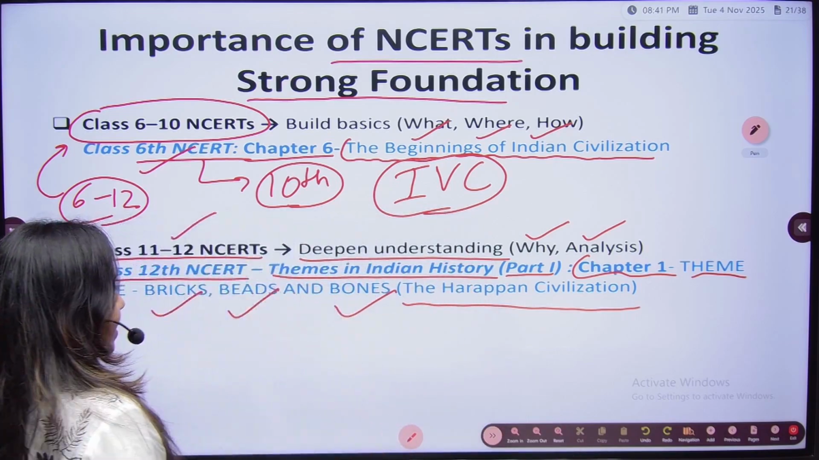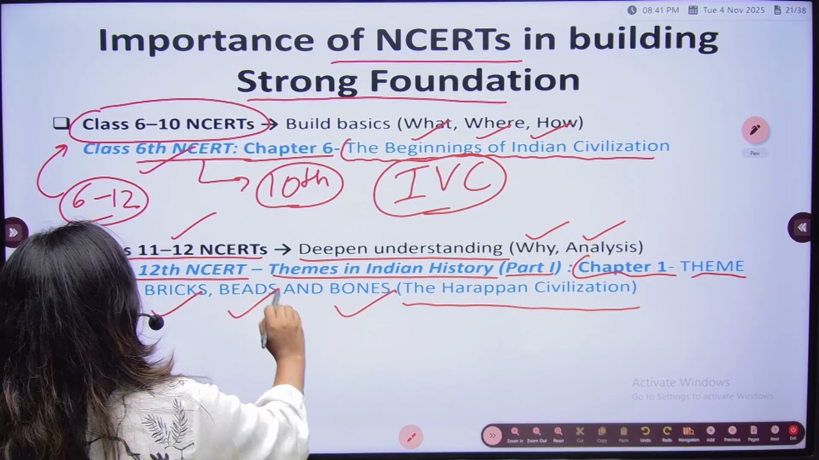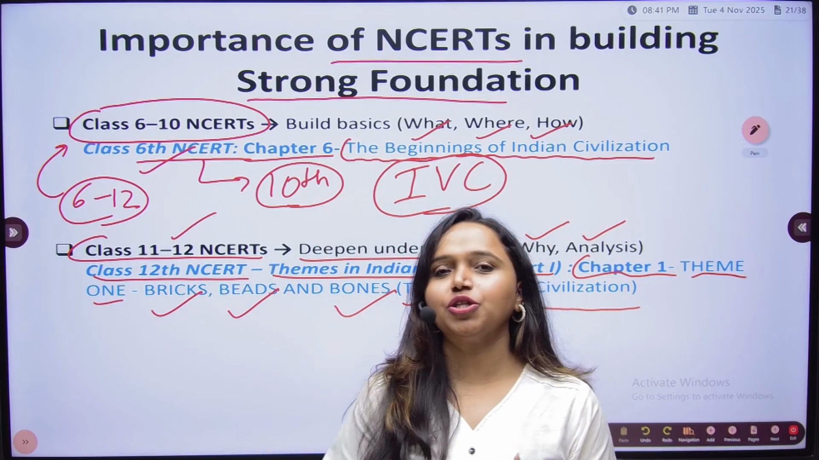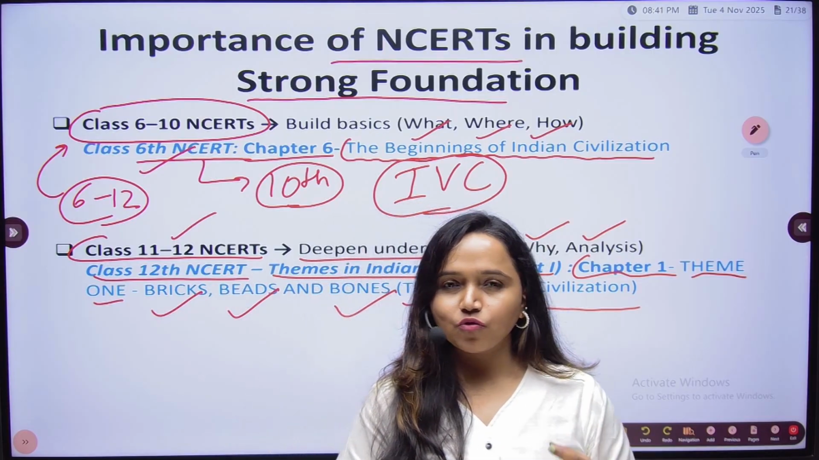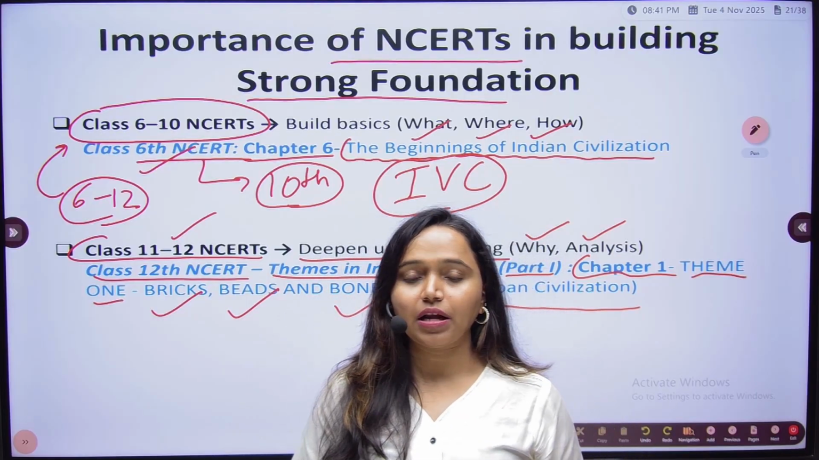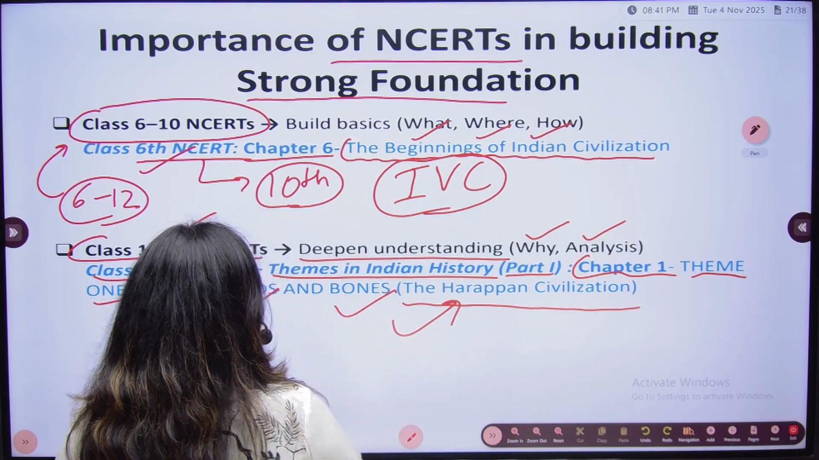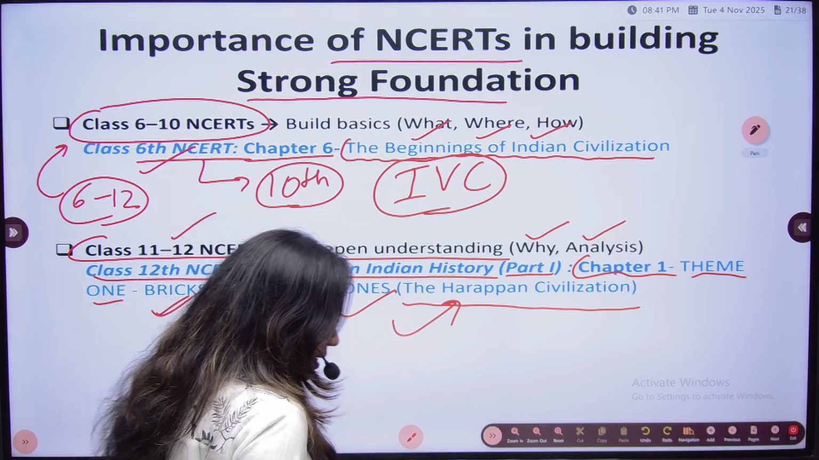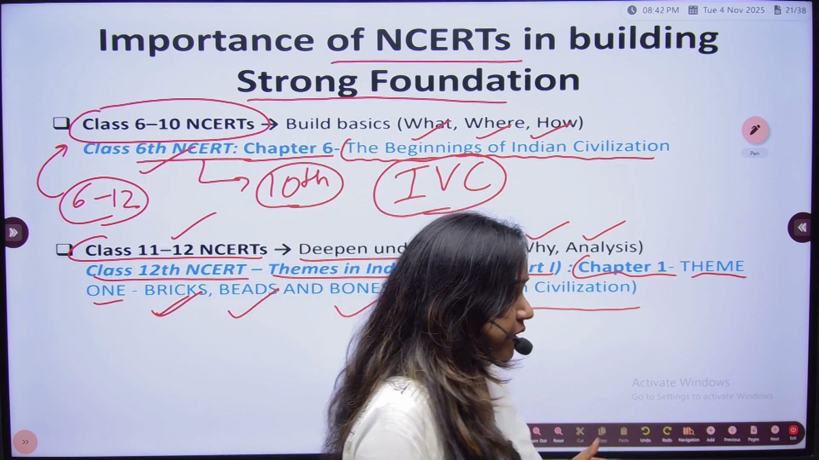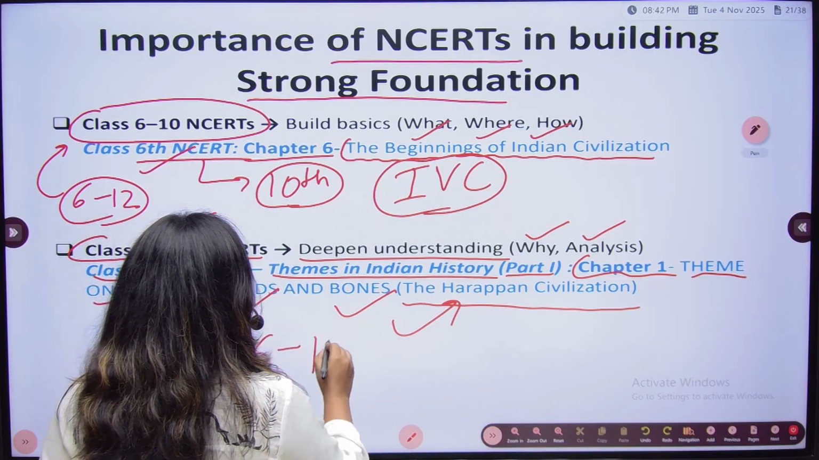But when you move to class 12 NCERT, you will see Theme 1, Bricks, Beads and Bones. Basically, this is going very deep into the topic, talking about different kinds of sources and different kinds of excavations which have been done. And based on that, it is trying to tell you about Harappan civilization. That's why the chapter's name is Bricks, Beads and Bones, because it is going into the analytical aspect of Indus Valley civilization. So this is why we have taken the complete stretch of class 6 to 12 NCERT,